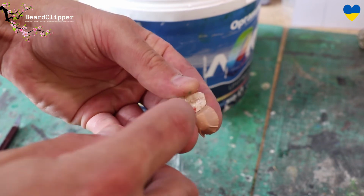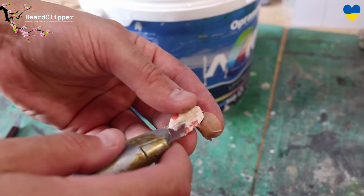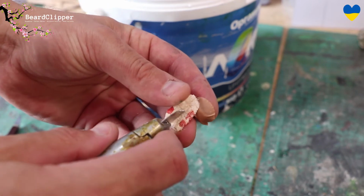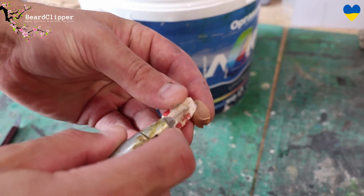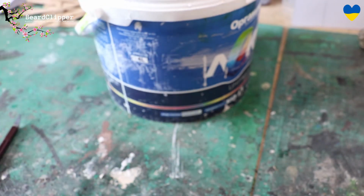And you can see that you can carve out a nice little canoe shape or boat shape or whatever. It doesn't need to be too detailed. This is the first time I've done something like this, so I'm pretty pleased. So yeah, I might make a few more of those